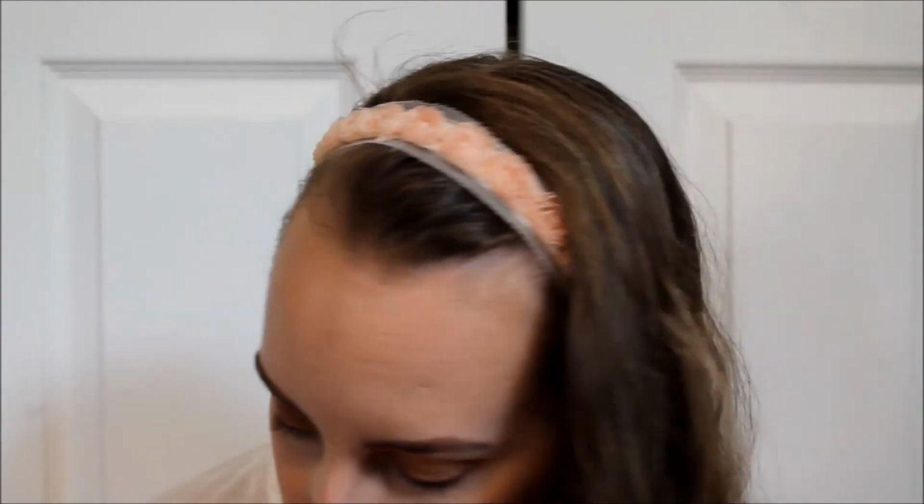Bam. All right, now before we finish up the eyes and the lips, I'm going to take my e.l.f. makeup mist and set, lock that all in. I don't really find that makes my makeup last all that much longer, but I like how it melts everything into my skin. My skin is looking so glowy and nice. Love Champagne Pop, especially in the summertime. I love it all year round, but